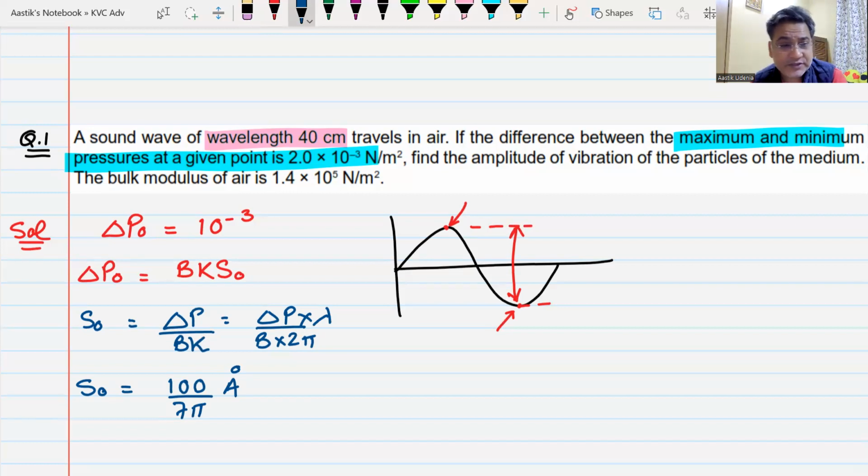Now, can you tell me what mistake you were making? Pressure difference, sir. Pressure difference I have taken as 2 into 10 to the power of minus 3. I know you will do that, and that is why the question was given. That was the reason for giving you this question, because I knew that you were going to make that mistake. Anyways, having said that, we have to move ahead in life. Yes or no?